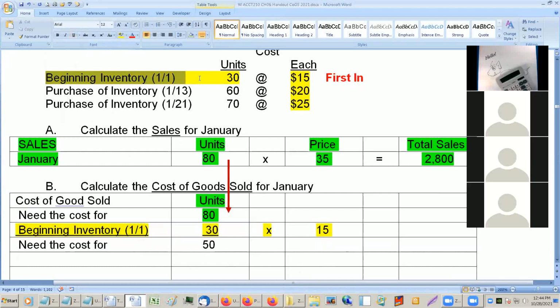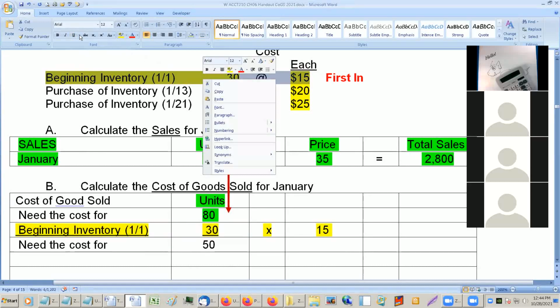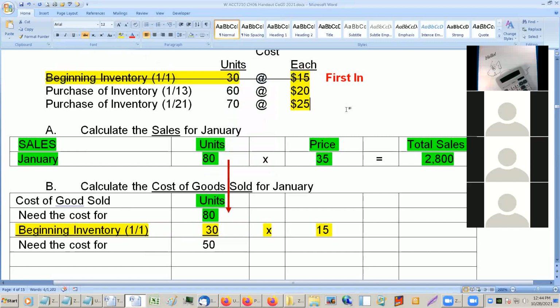Now, think about this. This layer is completely gone. Wait a minute, I'm doing the wrong thing here. So that layer is gone and it's never coming back. That beginning inventory is completely sold. We're never going to see it again. The 15s are done. No more $15 items. Okay, so the next place we go to is,